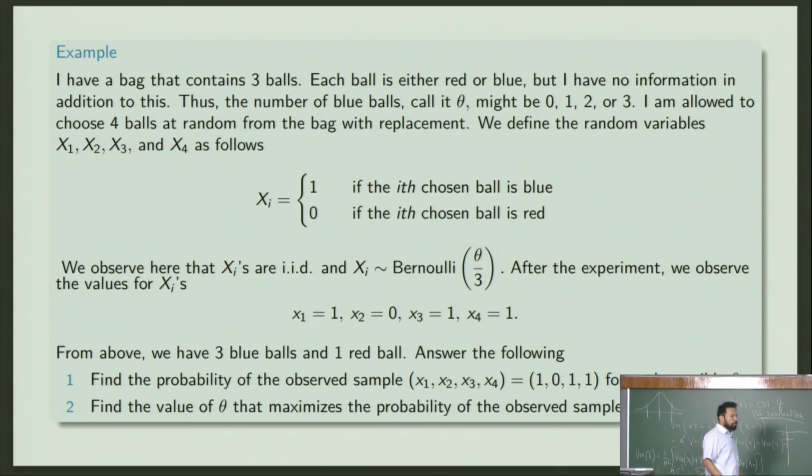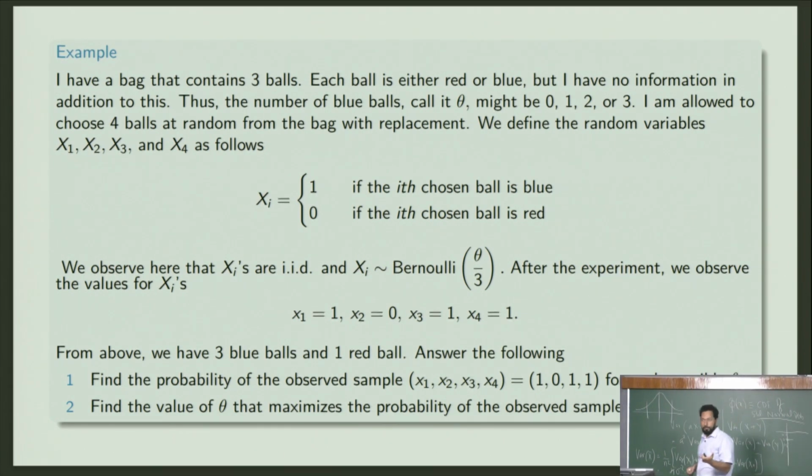So we can go with an intuitive template because someone already told me it could be either red or blue. When someone tells me that, I have some idea that I'm going to choose Bernoulli, because Bernoulli is like that: blue or not blue. That gives me the intuition to go with Bernoulli as a template distribution. Just like you do line fitting, just like you do curve fitting for the data, here you want to do distribution fitting for the data. The distribution is your parametric distribution.